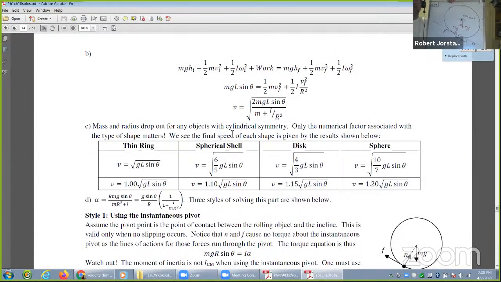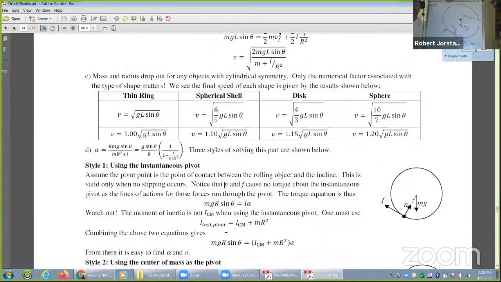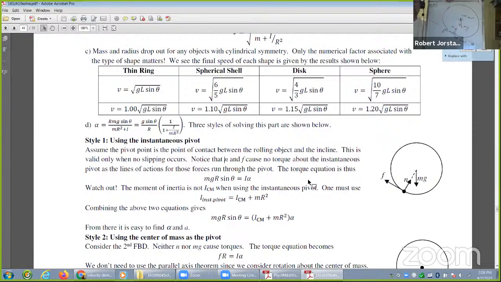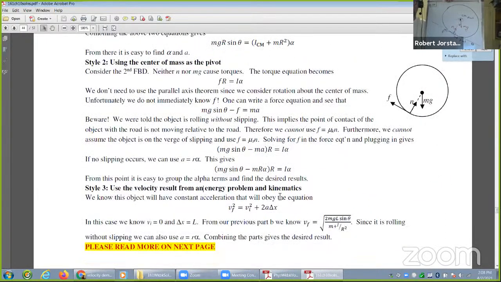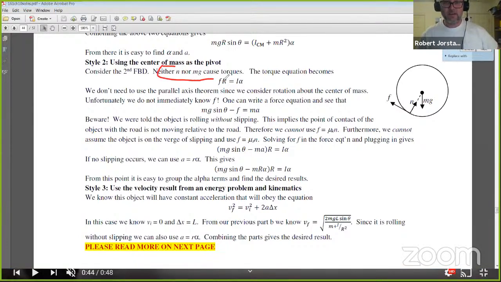Oh, notice I did this one 3 different styles here, right? I used the instantaneous pivot, I used the center of mass pivot, and I used energy and kinematics. So I did this in all 3 different ways for you. So this is our last problem of the day. Let's dig in here. If you use the center of mass as the pivot, N and mg cause no torque, so it's just